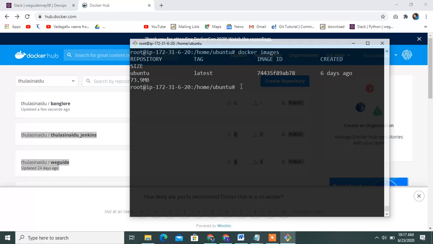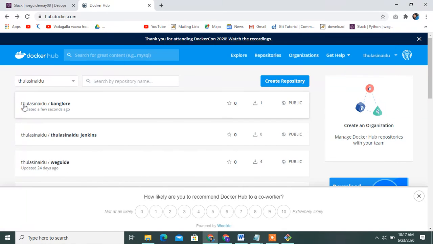Then how to pull from Docker Hub to your local system. Docker run -it and copy this image name.